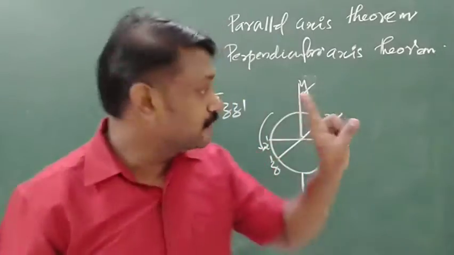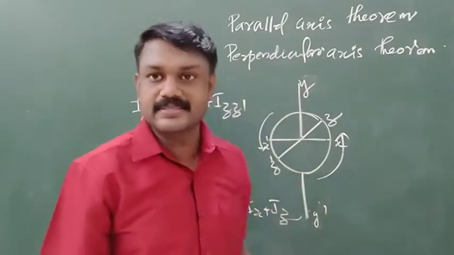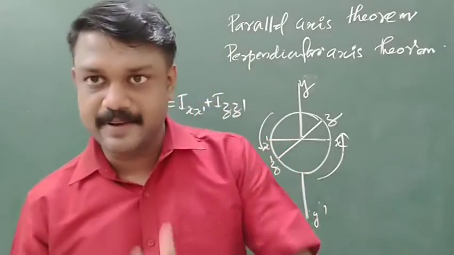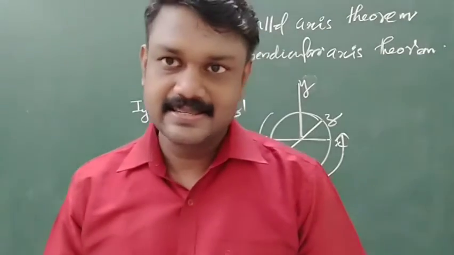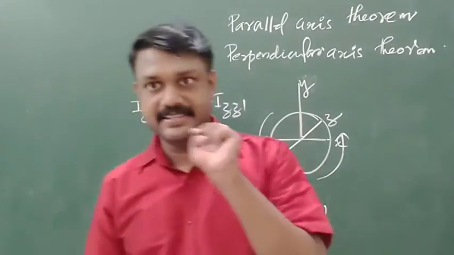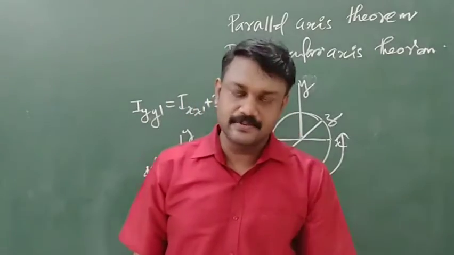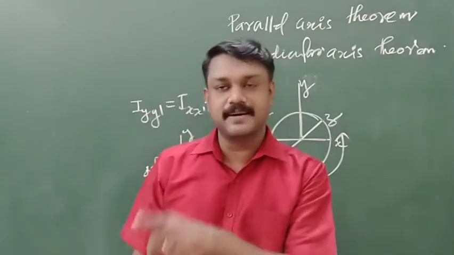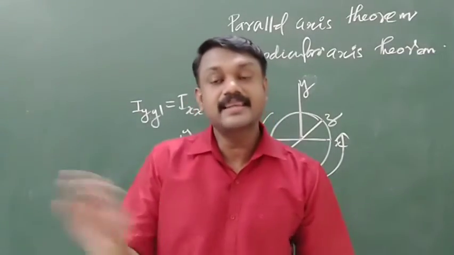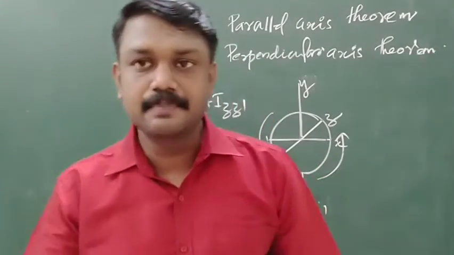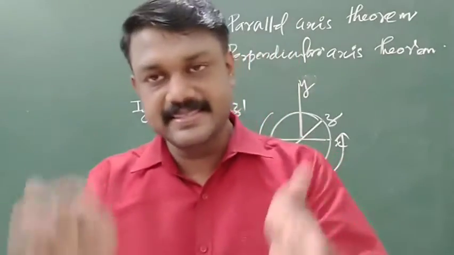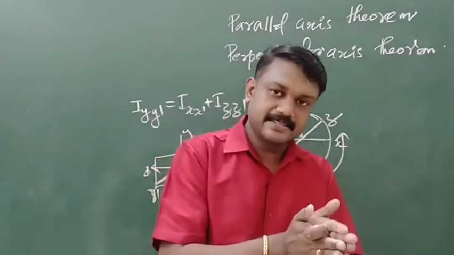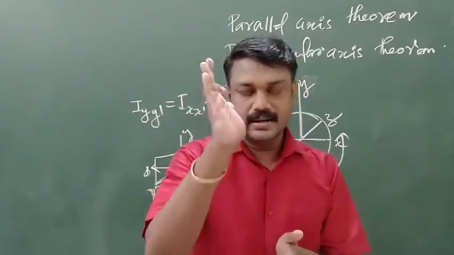Why are we calling the earlier one the parallel axis theorem? Because there you are finding the moment of inertia about any axis which is parallel to the axis passing through the center of mass. The center of mass is fixed, so the axis passing through the center of mass is also fixed. So you can take any axis parallel to that axis passing through the center of mass. That can be easily found as I equals ICM plus m a square, where m is the total mass of the rigid body and a is the distance between the axis passing through the center of mass and the required